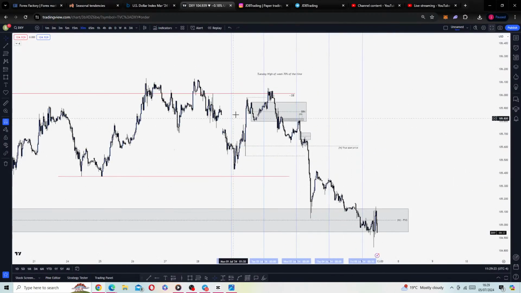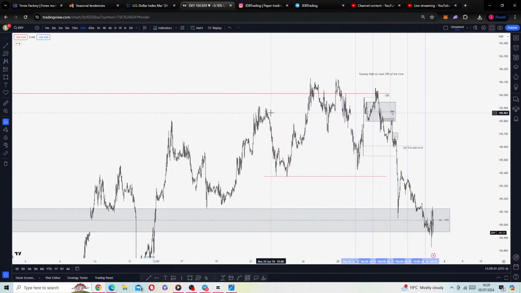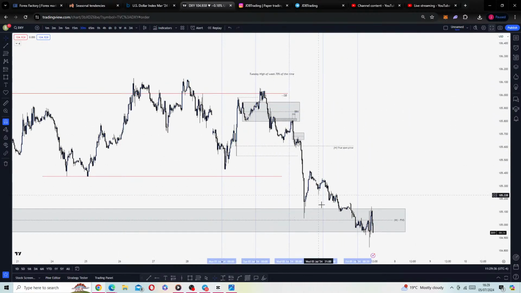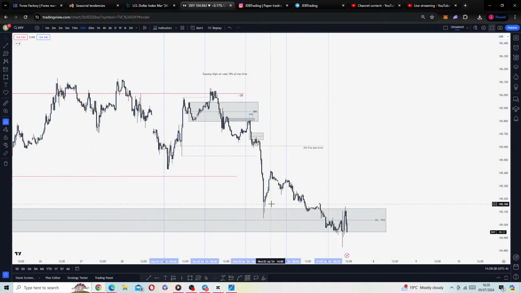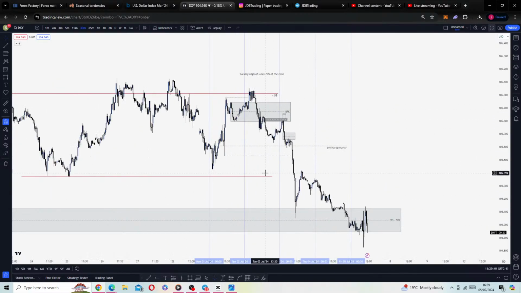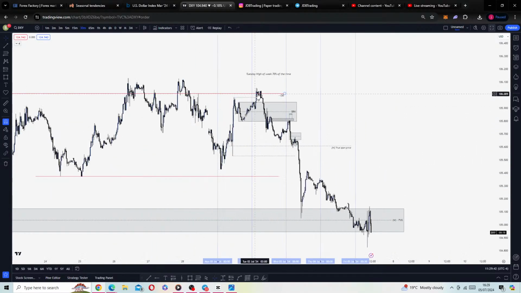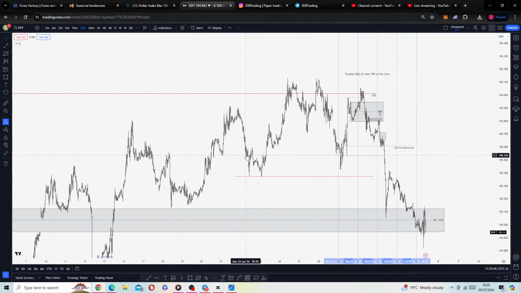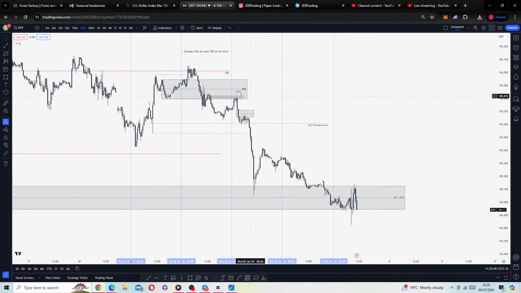You've got internal range liquidity into internal range liquidity, which is very hard to trade. And this week here, I'm guaranteed not a lot of people would have got into these trades because of this daily order block being respected when we're bullish, high time frame. You get what I mean? So this